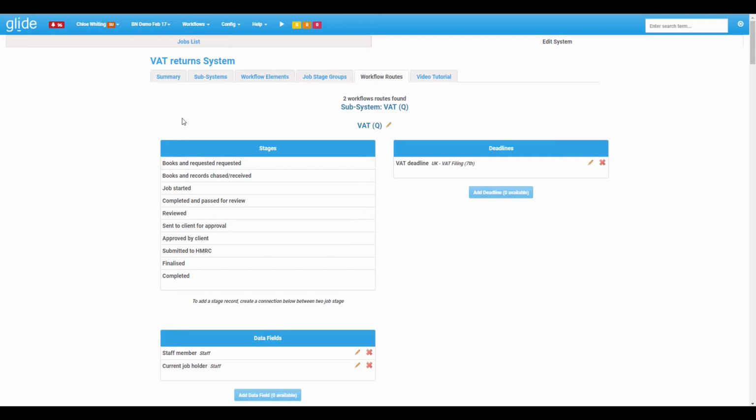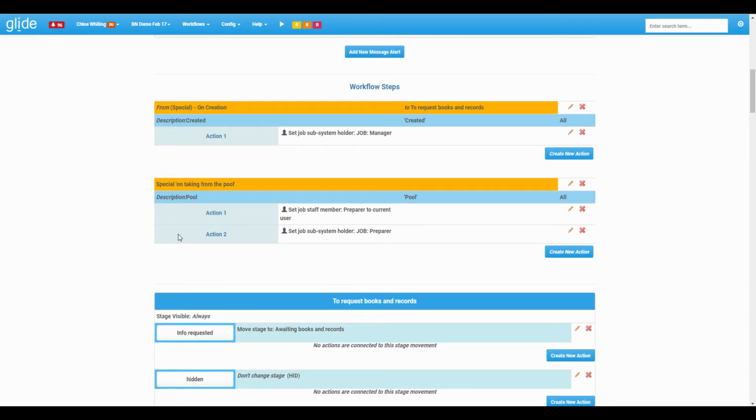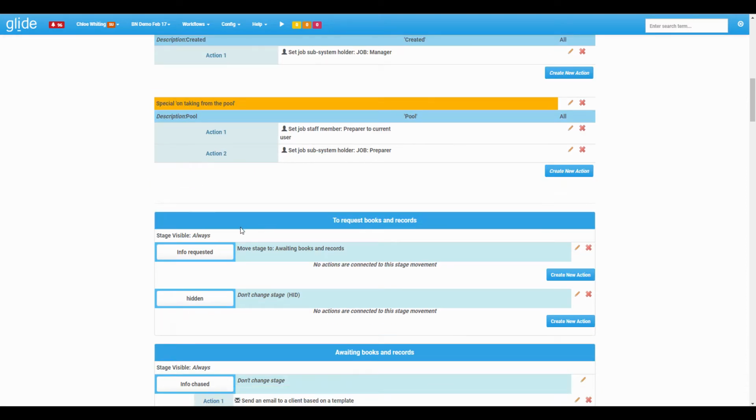So you can trigger target date calculation on any of these steps. The first step you might choose to trigger a target on is the on creation step. This is the step that is run when the system creates the job. If you're using the pool system, then remember you also have another special step that is triggered when a user takes a job from the pool, and thereafter you will have all of your blue progress buttons that are visible